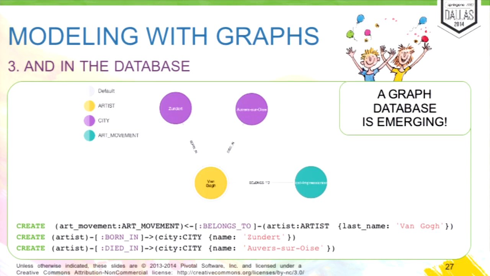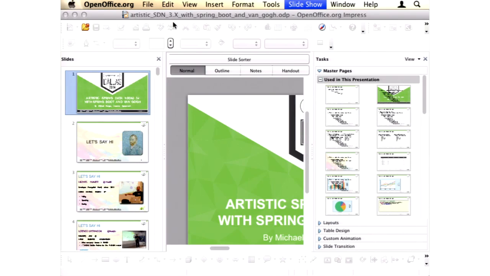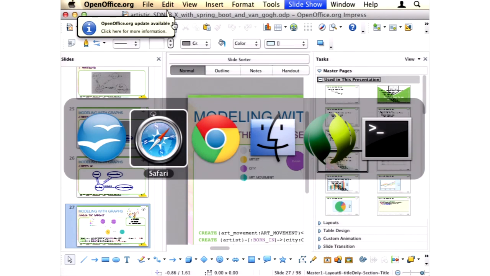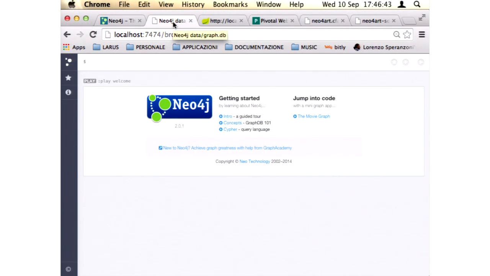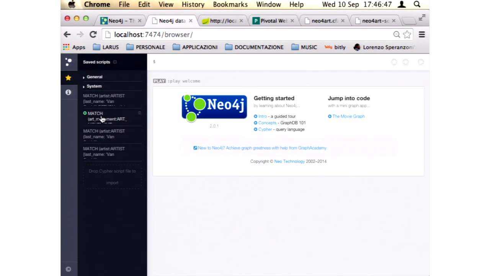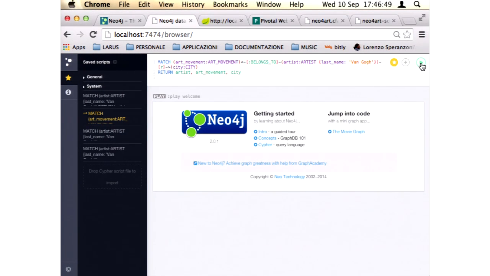We create the nodes with some of those strange statements that I'm going to talk about in a few minutes, and the graph database is emerging. Let me try to show you what happened. This is the browser of Neo4j, and we can execute one of those queries to retrieve the data.